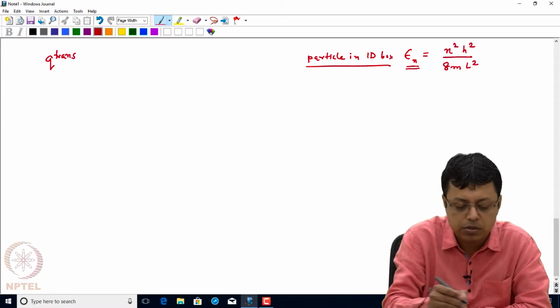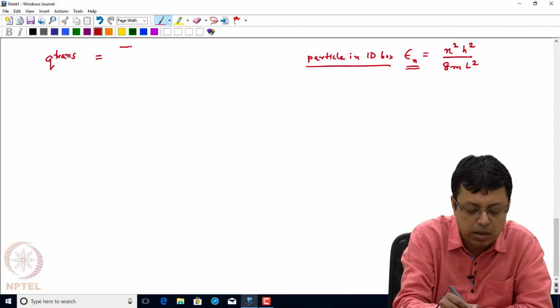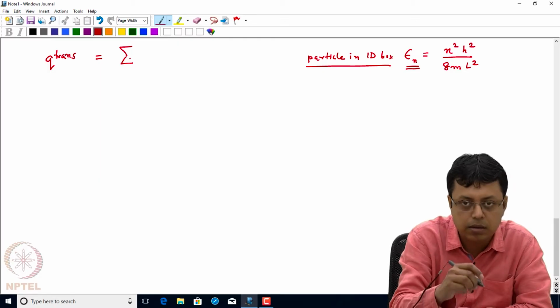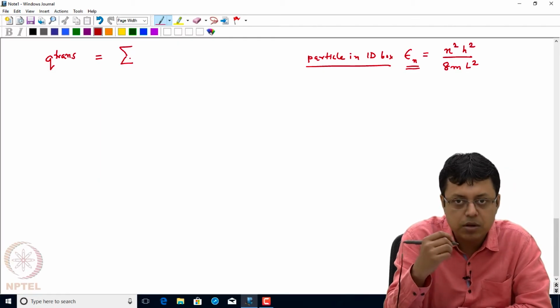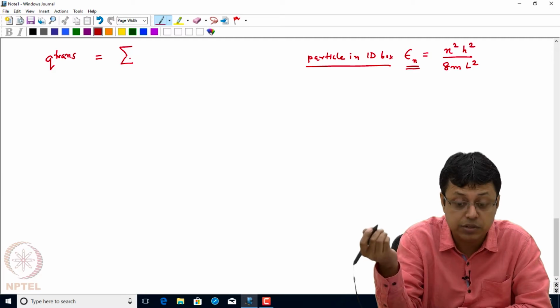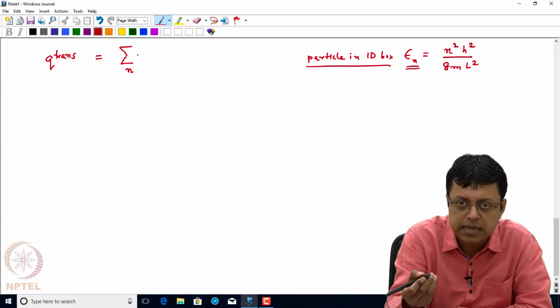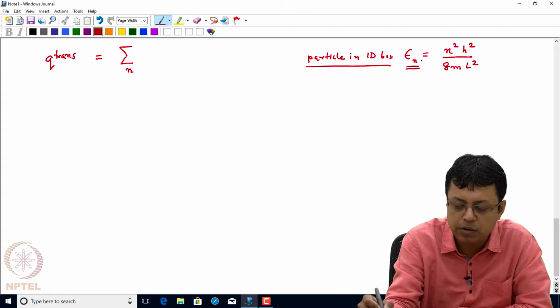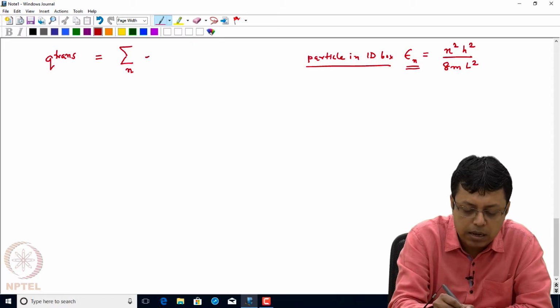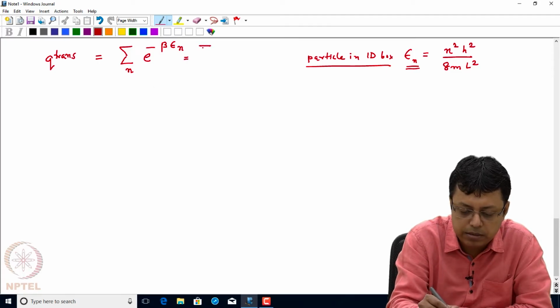And so then I can just use the sum over state formulation, because in this case actually there is no degeneracy. So I am taking the sum over n. The index i is arbitrary because usually I am denoting it in terms of the quantum number, and it is nothing but e to the power minus beta epsilon n, and which is nothing but, if I take the sum,